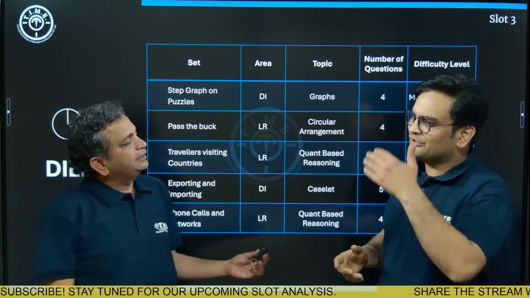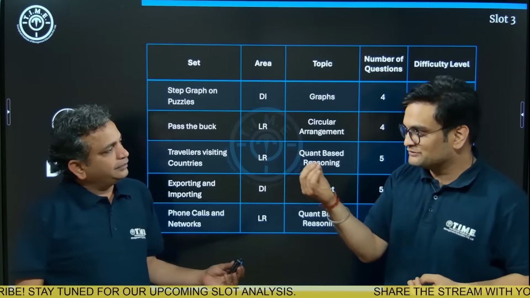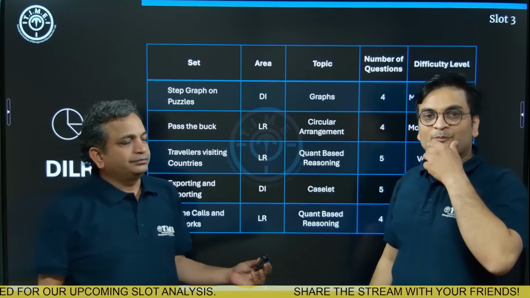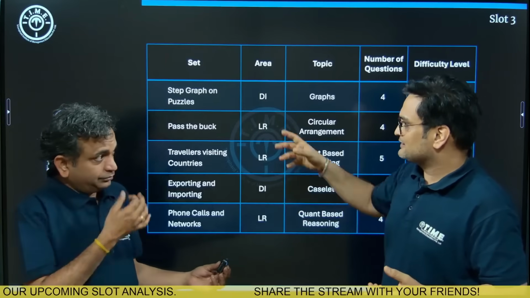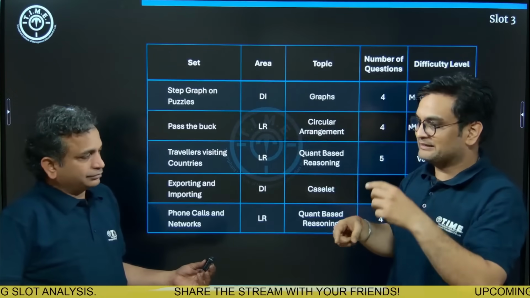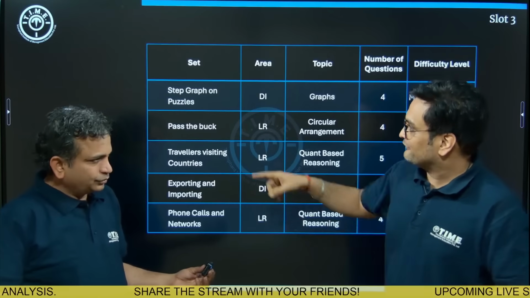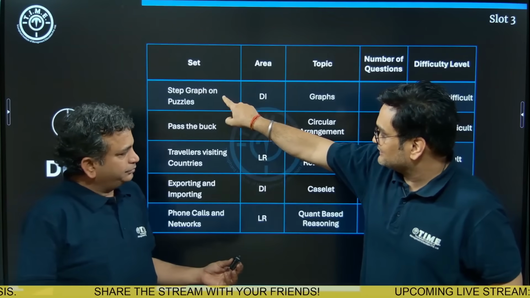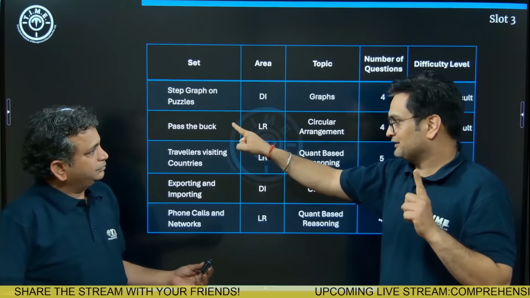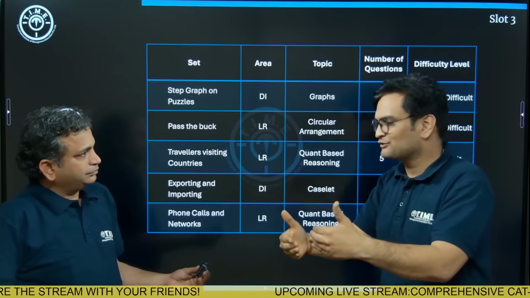This one, on the other hand, when you read it, when you understand it a little bit, in 2-3 minutes, you will think, okay, maybe I'll be able to do it. One more point, which I was also saying in the previous session, was to focus not on solving the entire set, but on getting a few questions from each set. For example, here probably one set was difficult. Here one question was difficult. Here maybe again one question was difficult, but the other three were solvable. You were able to get to the answer easily.